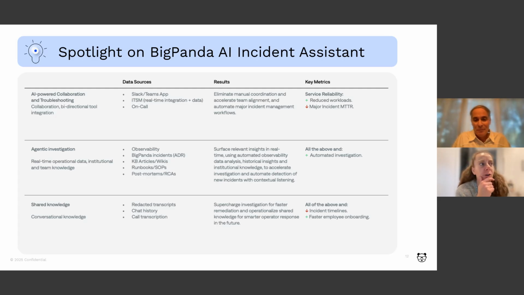Fantastic. Two questions for you, thinking about folks on this call who are really thinking about how they would apply this, what this would look like in their organization. One is, what is the general timeline that you typically see? How long does it take to get some of these stood up and started? What's that typical first milestone, or even second? And then the second question is, do you typically see folks starting with this first, really focusing on ITSM and on-call, or do you sometimes have clients that are interested in a bigger swath of data and sharing that? It's hard to say, but what's typical?